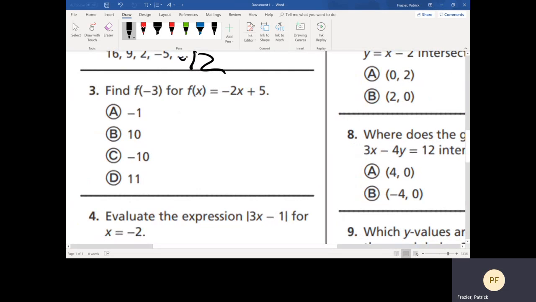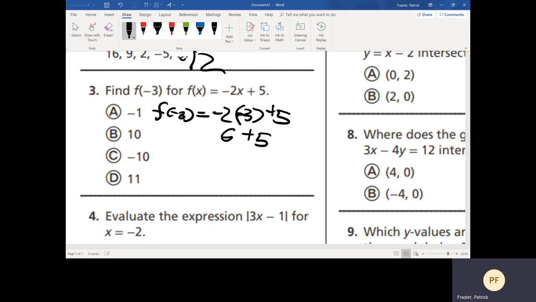f of -3 for f of x equals -2x plus 5. So that's f of -3 equals -2 times -3, replacing the x with the -3, plus 5. -2 times -3 is +6. Plus 5 equals 11. Now watch your sign, just because if we had omitted the negative for -3, and